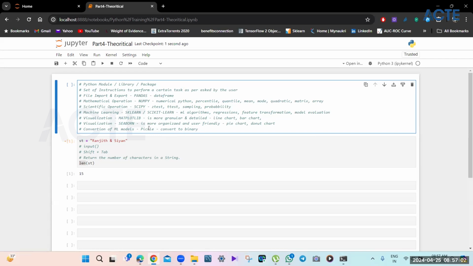What the pickle library does is essentially convert all the ML models to a format which a computer can understand, which can then be taken to a cloud system to deploy into the server and all of that. So essentially, these are a few of the things that we should know,